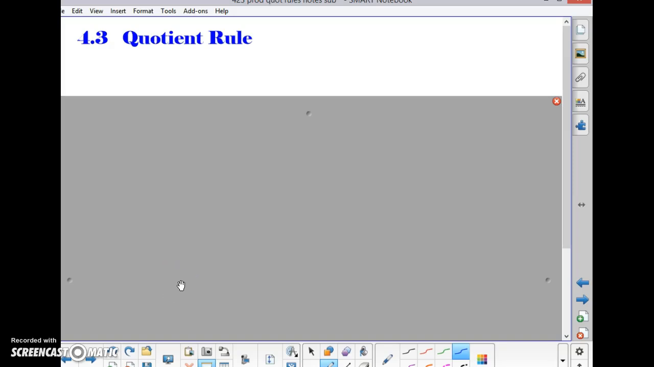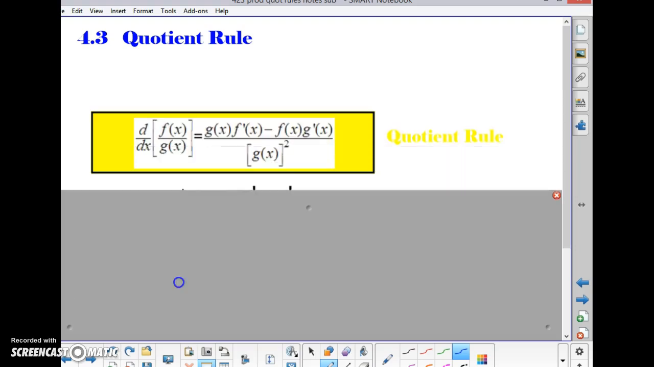So just like a product needs a special rule in order to find the derivative, so does the quotient. Also, just like the last screencast, if you need to pause this as you go along, feel free to do so. So here's the product rule, the quotient rule. And like the product rule, the pieces that we see of f of x and g of x